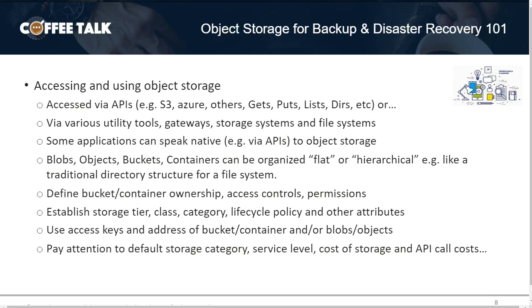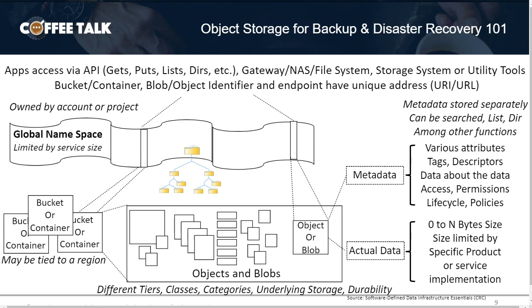So pay attention to the default storage category, the service level, the cost of the storage, the performance as a part of cost. Don't look at just simply lowest cost. Real quickly, here's just a little block diagram that shows what could be a flat namespace, that the buckets, the containers that then have objects tied to them, and how an object has two actual pieces: the data from 0 to n number of bytes, along with that metadata, the attributes, the descriptors, and other information, including life cycle, replication,